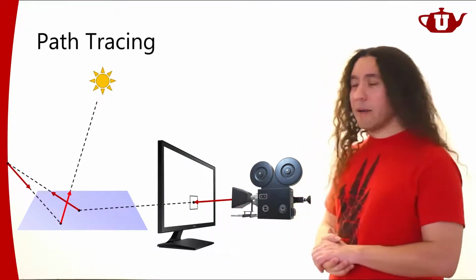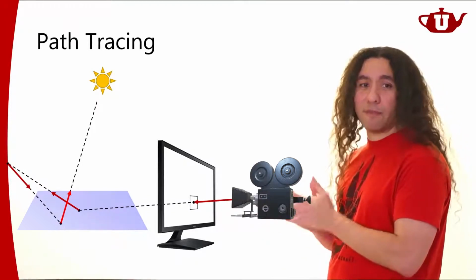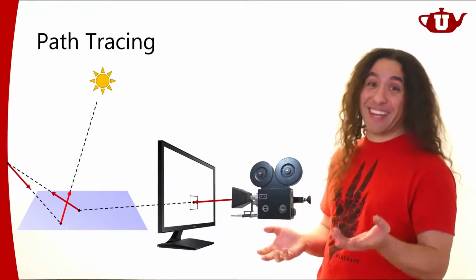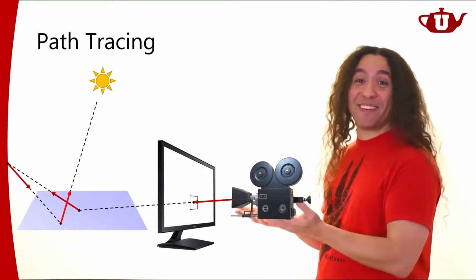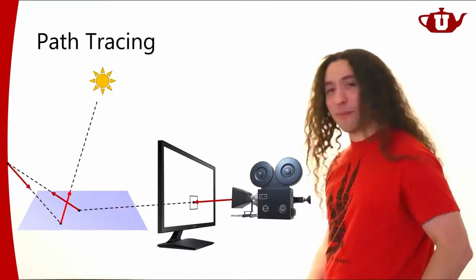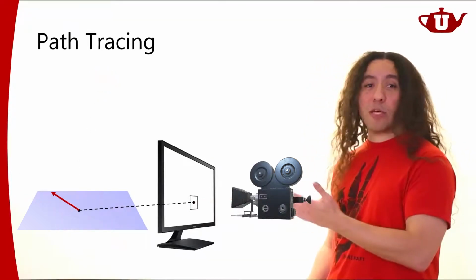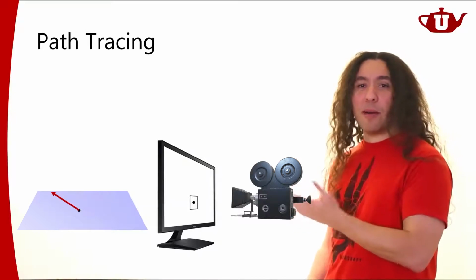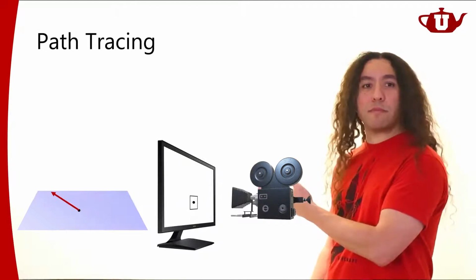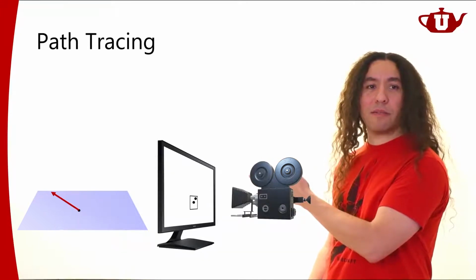Okay? Now, this is not going to give me a very good estimation of indirect illumination. Big surprise, right? I just picked one sample for indirect illumination. It's not going to give me a good estimation. So what do I do? So this was my one sample. What I'm going to do is I'm just going to pick another sample, starting from my pixel. I just pick another sample from my pixel.